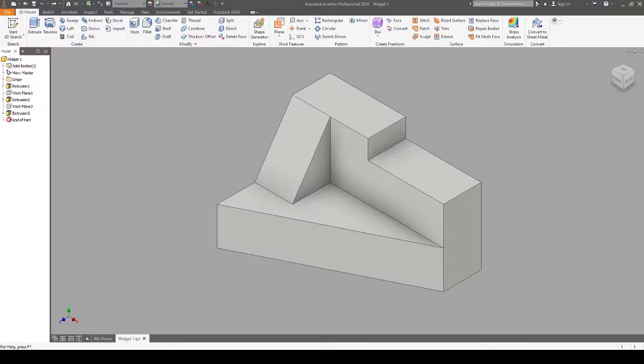This video will show you how to create the first object in your Intro to Inventor assignment. Before you start modeling anything in Inventor, it's important to consider how you will create that model. When you take a look at this object, something that is helpful to do is to break it up into